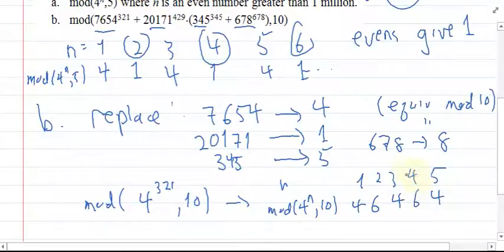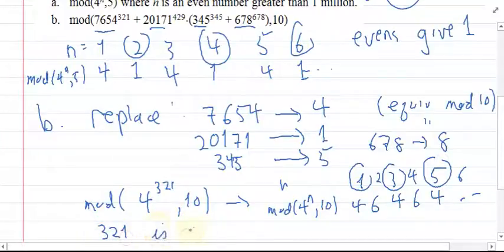Let's just make sure here. 6 times 6 is 36. Yes, so it's going to continue like that. All right. So what does that mean if I take 4 to the 321? Well, it looks like that's an odd number. The odd numbers give me 4. So that tells me that I'm going to get 4 for my answer here. All right, let's go on and do the same thing for the next factor, which was